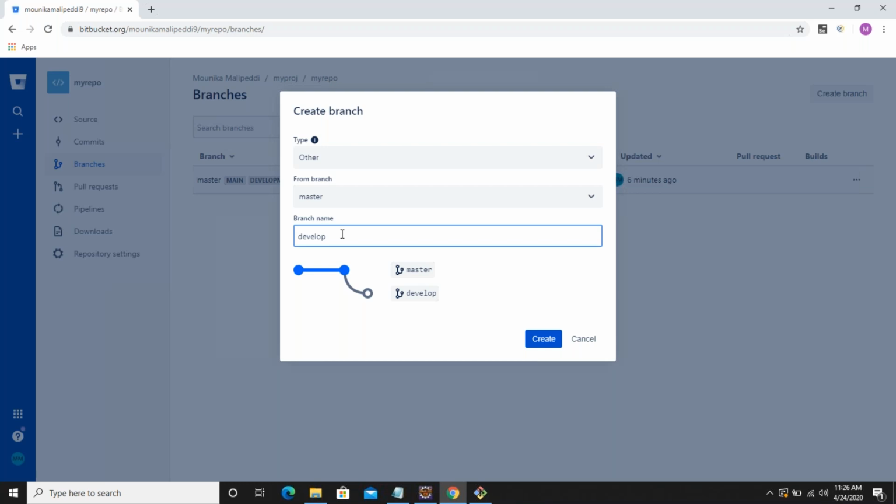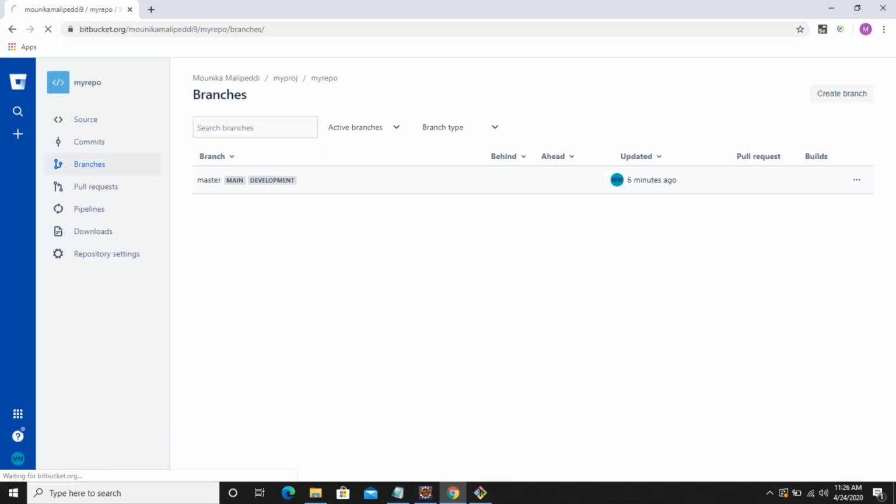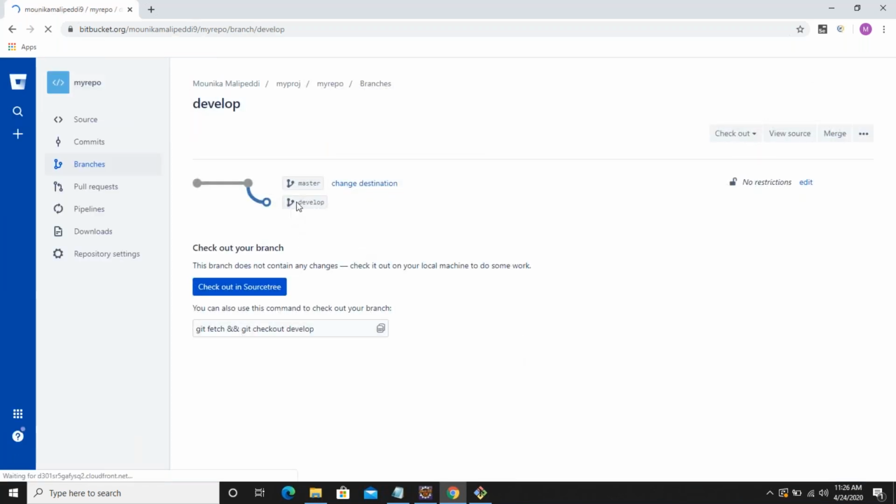But it's just the naming convention we follow in real time; you can give any name for it. So I'm just giving it as develop branch. Whatever code is there in master, it will take to the develop branch. So click on create, so now you can see from master branch it went to the develop branch, right?